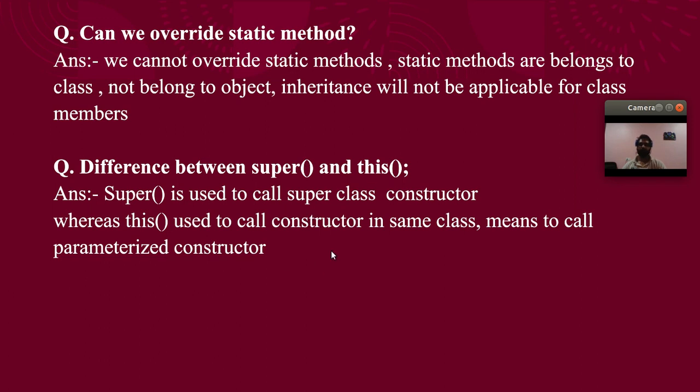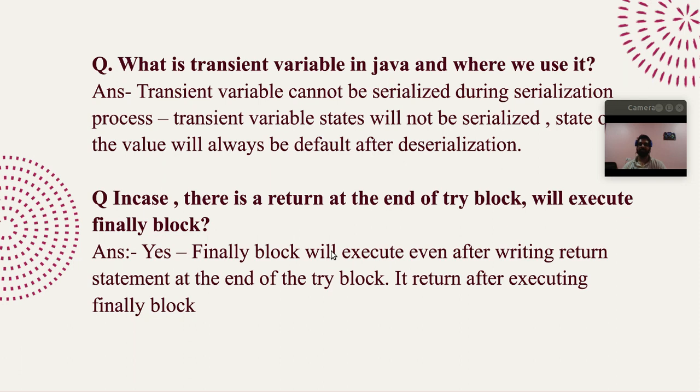The next question was: what is a transient variable in Java and where do we use it? Basically, a transient variable is used inside serialization. Let's say that we have five members in a certain class, and you don't want a few members to get serialized, so you can mark those particular members as transient. Okay, so it will not get